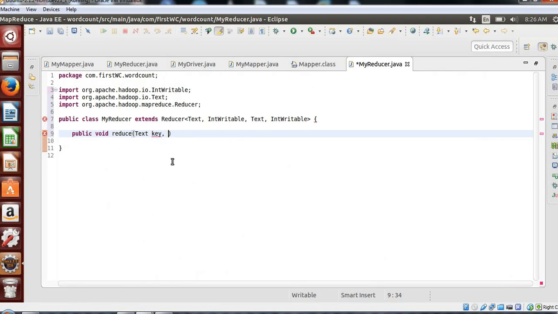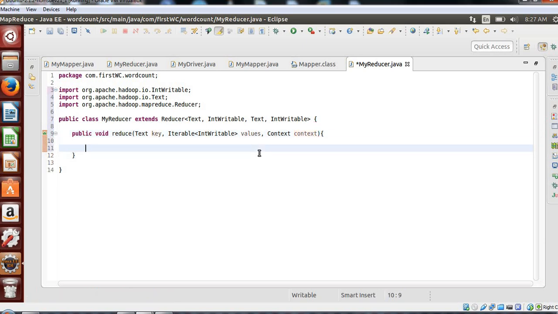Iterable is nothing but a collection of elements, and here the collection element is an IntWritable. Which is the values, I can say, and then the context, ctx, or you can write context as well, that's fine. Done.